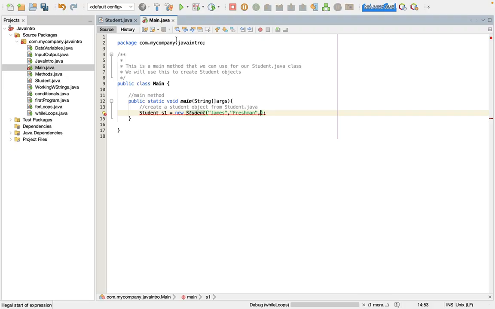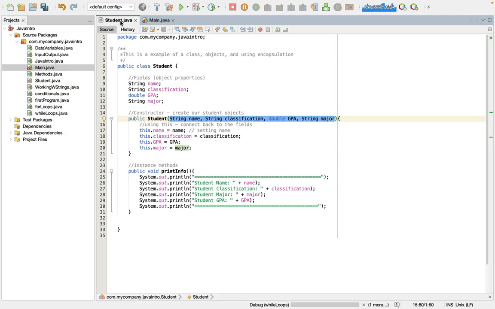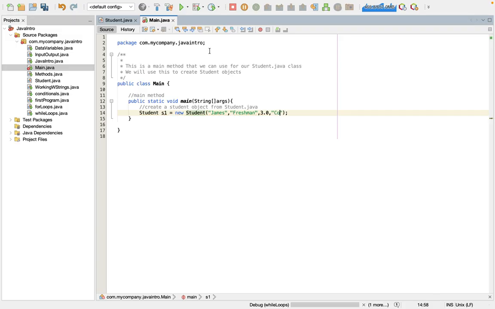Then we had our GPA, I believe. So we'll give him a 3.0 because we're expecting a double. And then we said, lastly, a major. So we'll give him a major and we'll say computer science. All right. So now you see all of our errors went away because we have matched it to a constructor